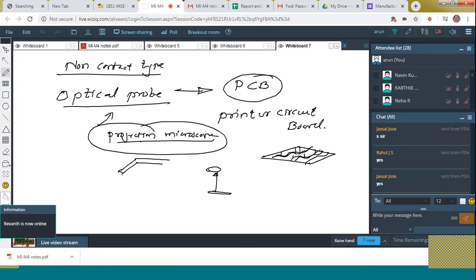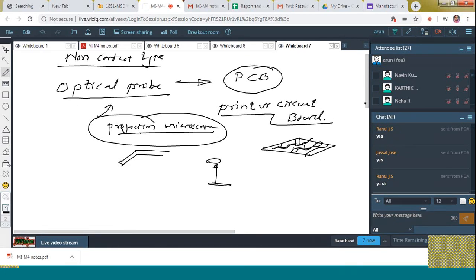And it is mainly used for inspecting printed circuit boards, certain drawings, machine drawings. Those things you can inspect with the help of what? The optical probe. Is it clear to all of you? Okay, fine. Next is